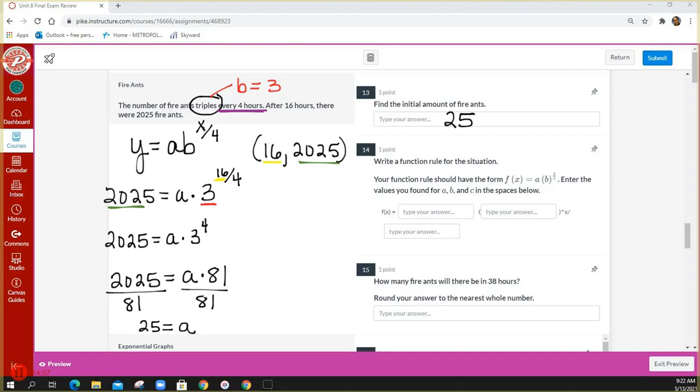So we need to write our function rule. And in our first box, we're going to type A, which is 25. In the second box, we type B, which is 3, because it's tripling. In the third box, we type C, which in this example is 4, because it triples every 4 hours. So now that we have our equation,